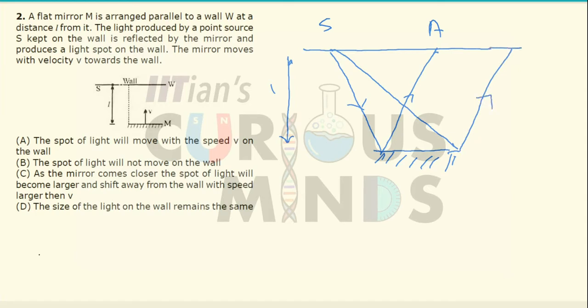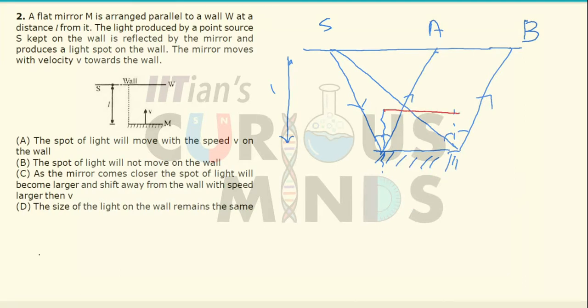Again, the angle of incidence is equal to angle of reflection, that is, the angle of incidence will be equal to angle of reflection over here for both the scenarios. There is a second spot, a second point B over here, and this will be the image. If I consider after certain time the mirror has raised to a certain height, let us say h.